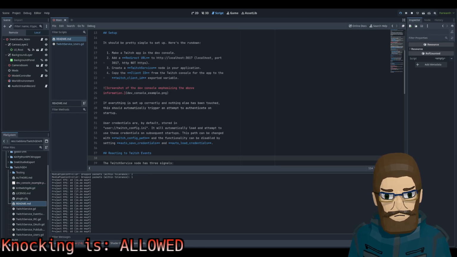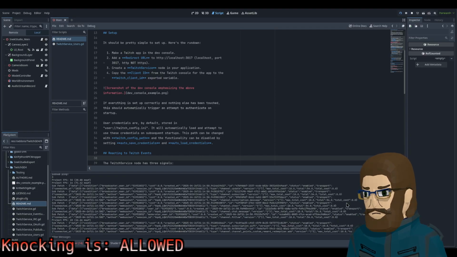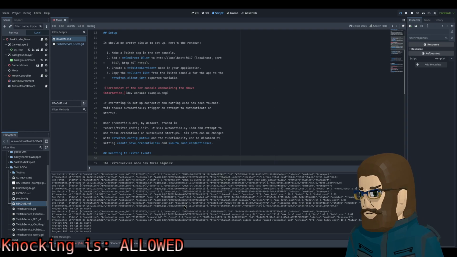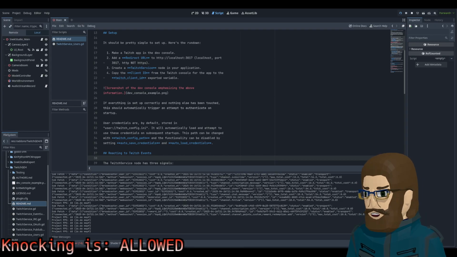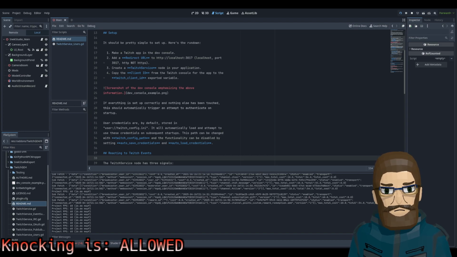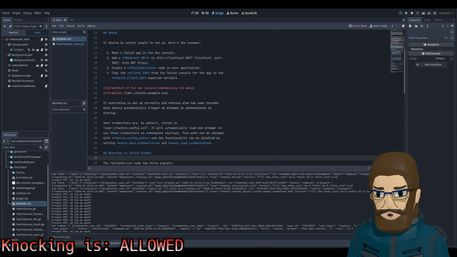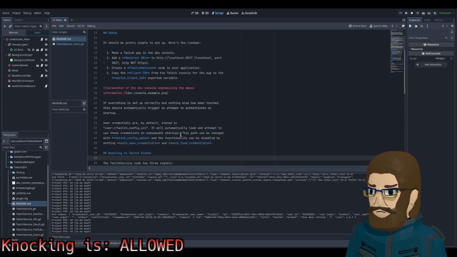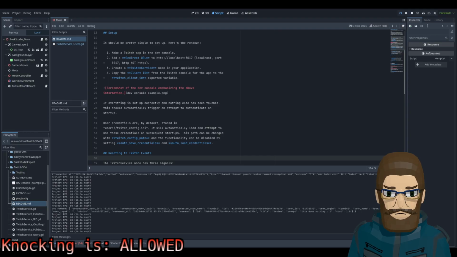Add, Twitch, add, cancel. Oddly enough, it's not popping open a window to authenticate, even though normally it does, because it has the redirect on localhost. So if we do the test, yeah, got him. Okay, cool, now we're good.